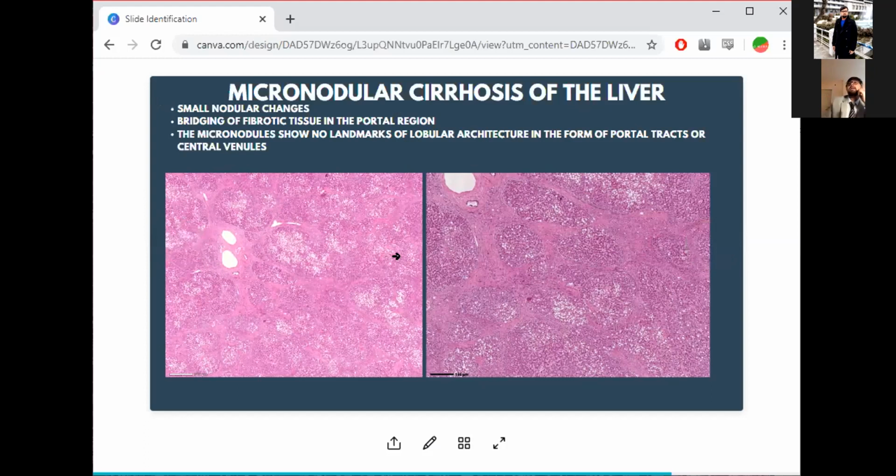So let's try to imagine for a second what a hexagon looks like. At the corner of one of the hexagons, you have the portal triad, right? Now, imagine that there is a space between the two. There are 2 separate hexagons that are not supposed to be connected, right? And there is a line that joins these 2 corners together. That is what bridging is.